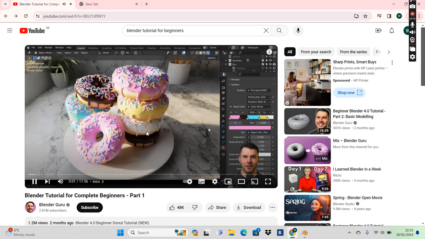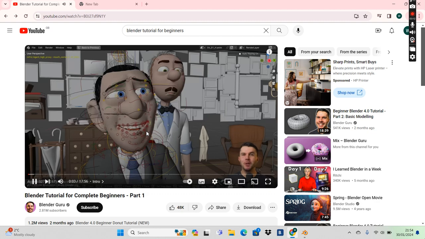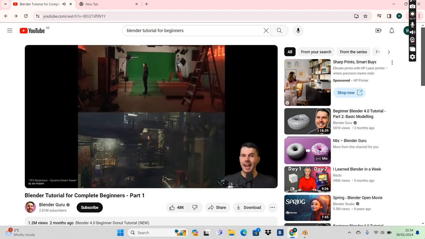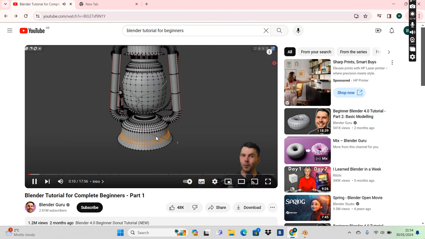This is Blender, open source 3D software that can be used to make animations, visual effects, game assets, or practically anything 3D. And best of all, it's